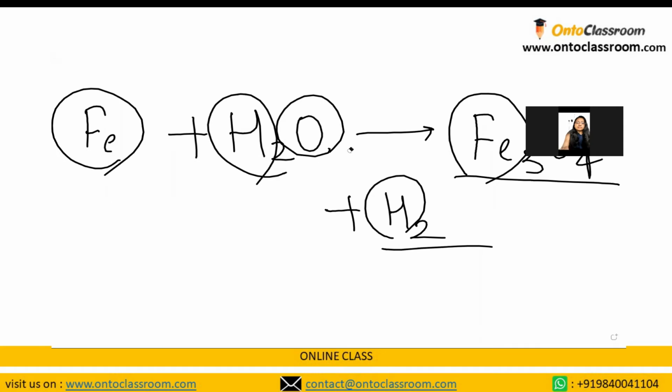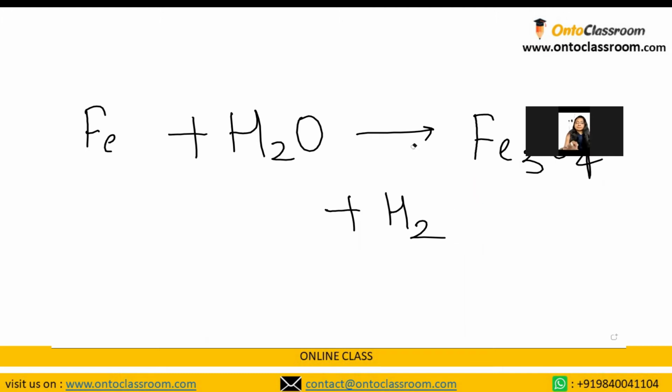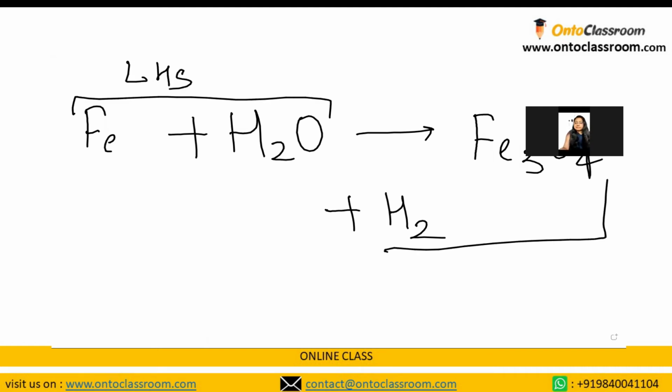Now what we need to do is make sure that whatever is in the LHS is present in the RHS. That means the number of atoms which are present in LHS are also present in RHS. So let's find out. This is your LHS, left hand side, and this is your RHS, right hand side. Make a table. It's a very good practice to make a table to keep a check. This is LHS, this is RHS, and the elements are iron, hydrogen, oxygen.